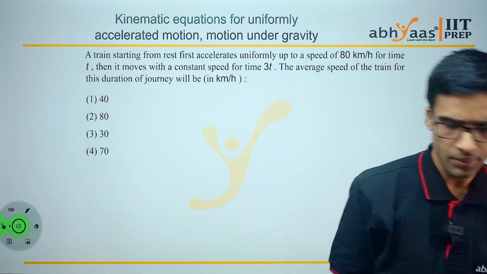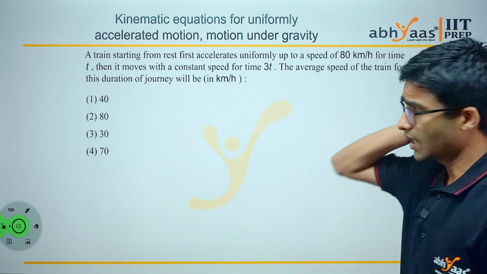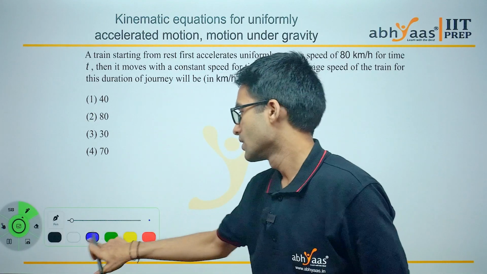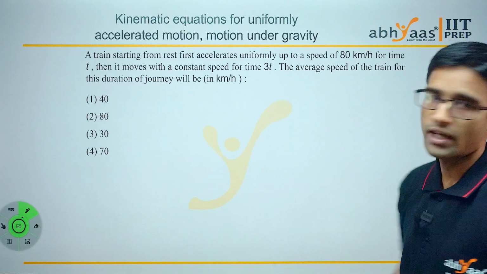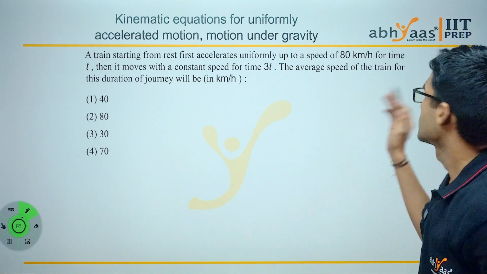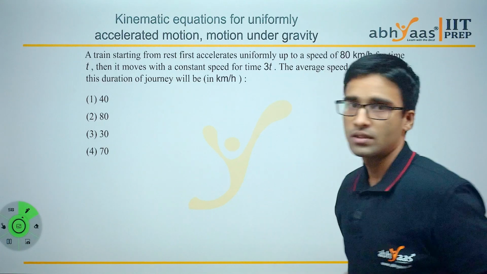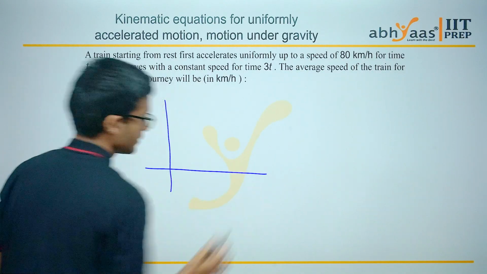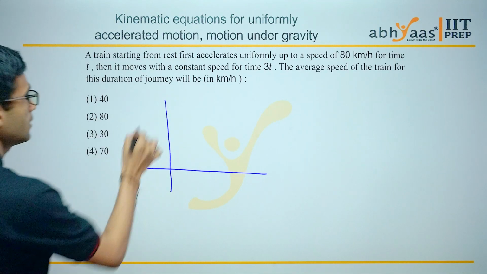Another problem is also based on these graphs. A train is starting from rest and it is moving, first accelerating uniformly up to a speed of 80 km for time t. Then it moves with constant speed for a time 3t. So to solve this problem I will do it in a simple manner. Speed versus